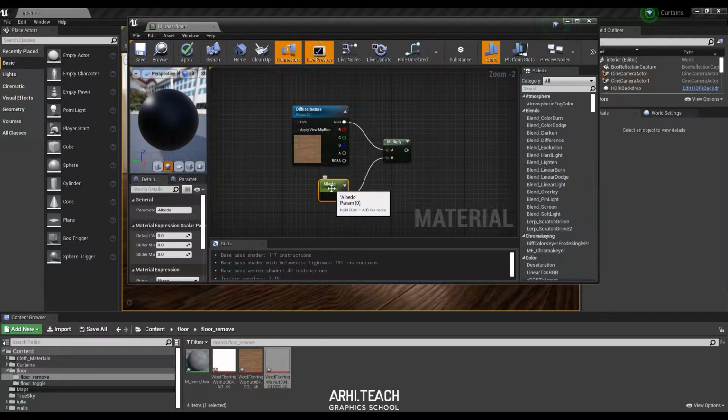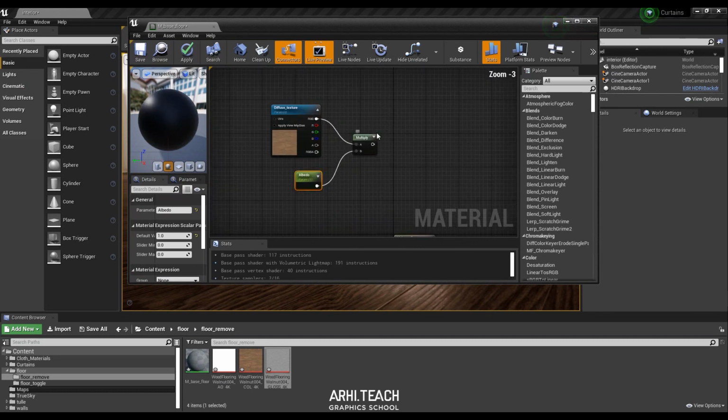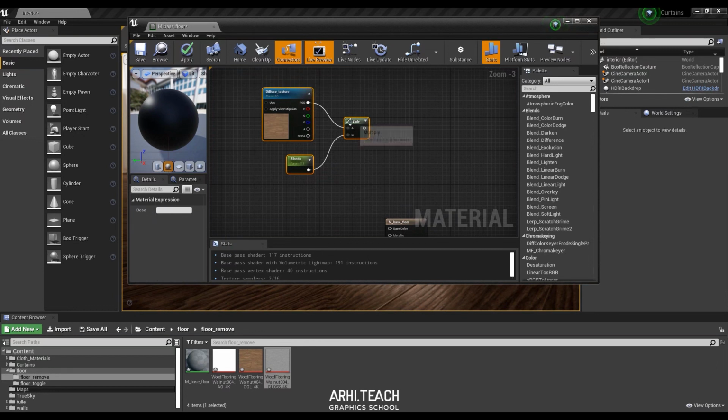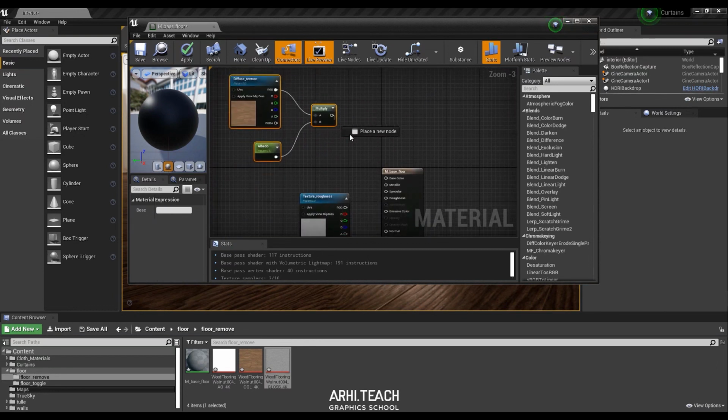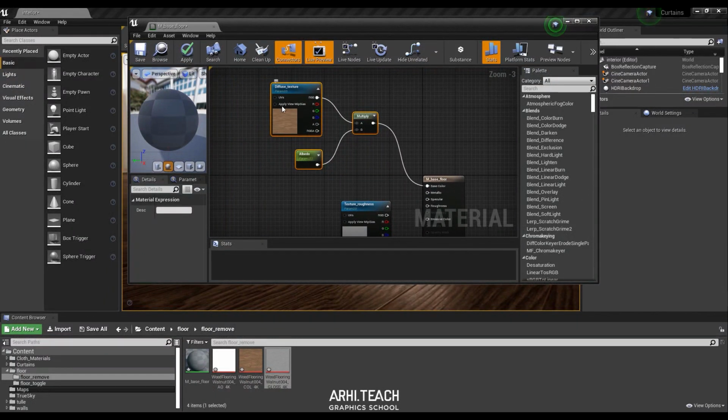Now, what is albedo doing? Look, now there is 0. 0 means black. Black is mixed with the texture and we get black color. If it's more than 0, then the texture will become lighter. If the default value is set to 1, it means that this texture will be unchanged. But in order for our texture to appear, we need to connect this tweak to the base color. That's it. We connected it. Now it's going to be the original color.